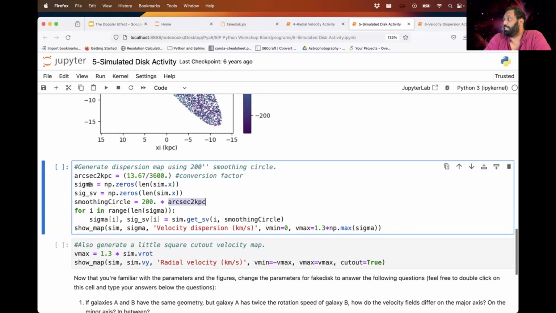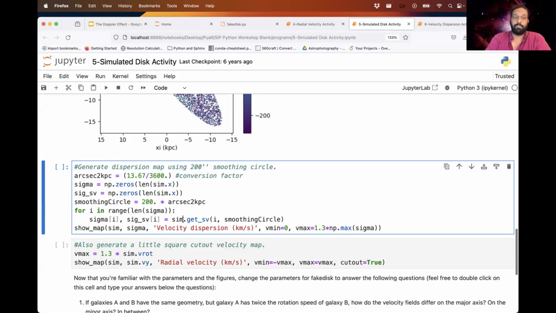And then for every one of these different elements down here, for every one of the stars in our galaxy, I'm going to take this little smoothing circle and draw a circle around that point, and I'm going to find the dispersion about that point. Some of you might be a little unsure about the idea of dispersion, but essentially what we're going to do is assume that all the velocities follow a sort of bell curve about that point,